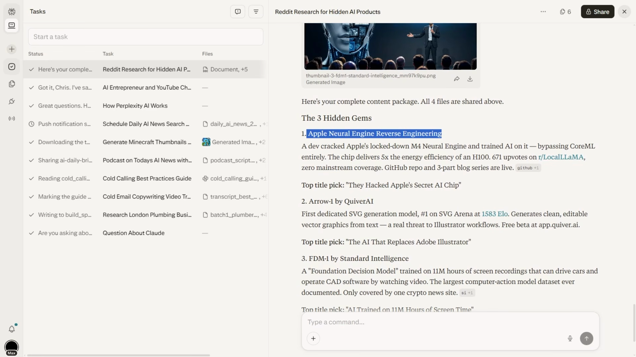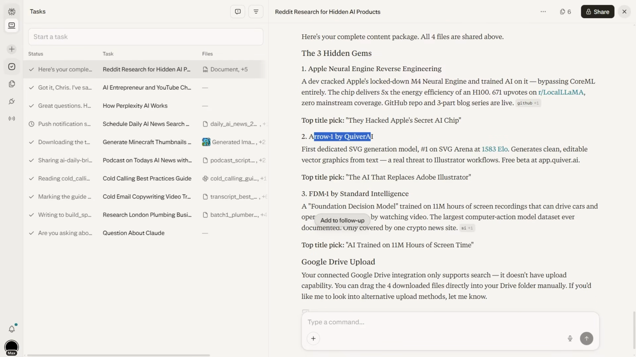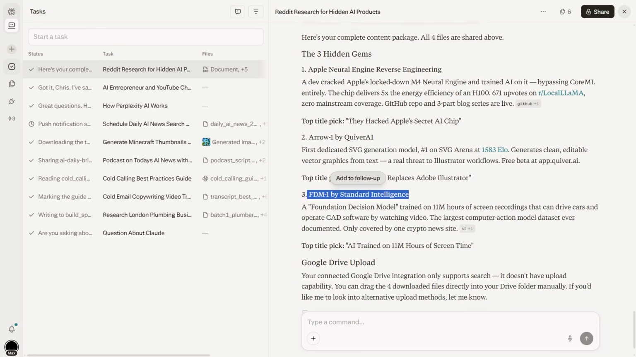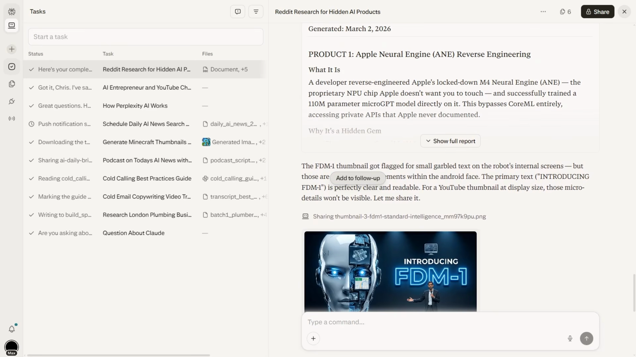It showed me that there's an Apple Neuron Engine reversing. You can see here, it said there's also Arrow 1 by Quiver AI. There's also FDM1 by Standard Intelligence. So guys, in just 5 minutes, this AI agent was able to do pretty much a large majority of my